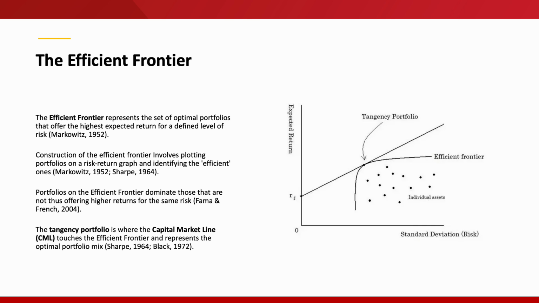This means that for any given level of risk, an investor can achieve a higher return by choosing a portfolio on the frontier. Another important concept is the tangency portfolio, which is where the capital market line, or CML, touches the efficient frontier. The CML represents portfolios that optimally combine a risk-free asset with the market portfolio. The tangency point signifies the optimal mix of risky assets. Understanding the efficient frontier helps investors identify the most efficient portfolios, enabling them to make better investment decisions by balancing